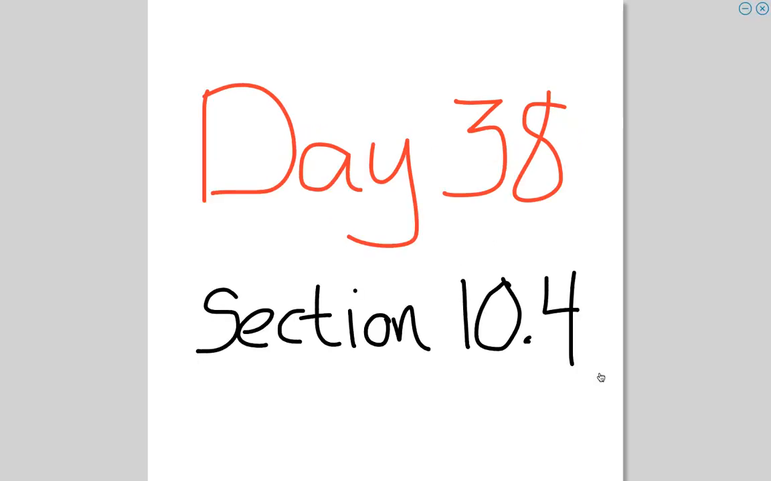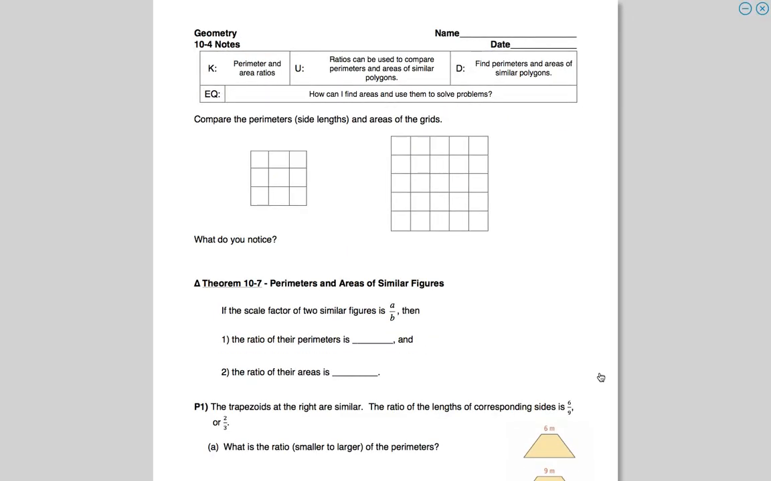All right, we skipped 10.3. So if you see the 10.4 and you feel like you missed a day, you did not. We're going to go from 10.1, 10.2, skip 10.3, and go on to 10.4. And here we go. So what we're going to compare here is perimeter and area, and how does that measurement